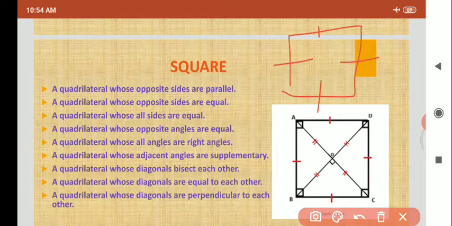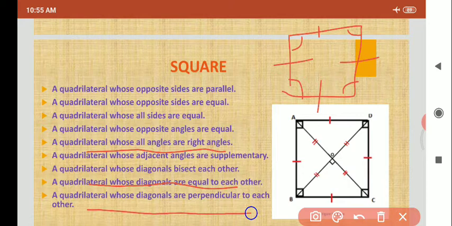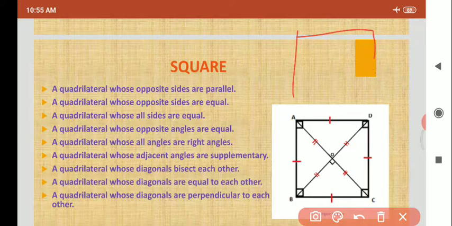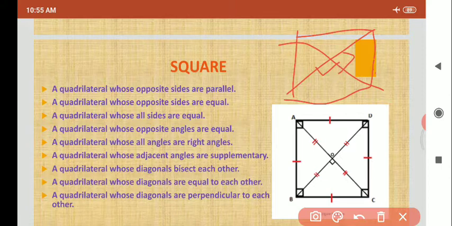And a square is a quadrilateral whose angles are each 90 degrees. Understand? The diagonals bisect each other, as in a parallelogram. The diagonals are equal, as in a rectangle. And the diagonals are perpendicular to each other: in a square the diagonals always cut each other at 90 degrees, but in a parallelogram they are not 90.